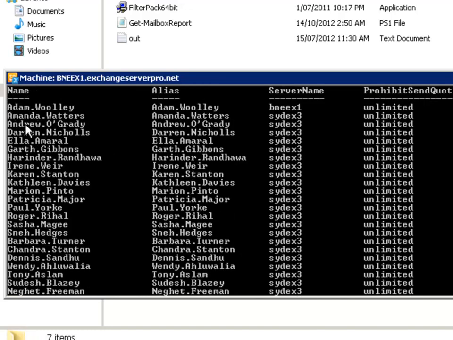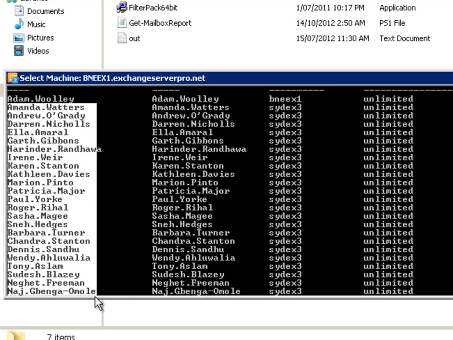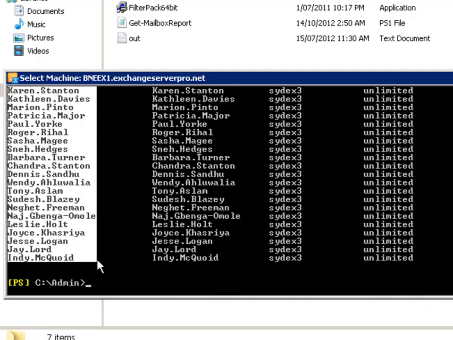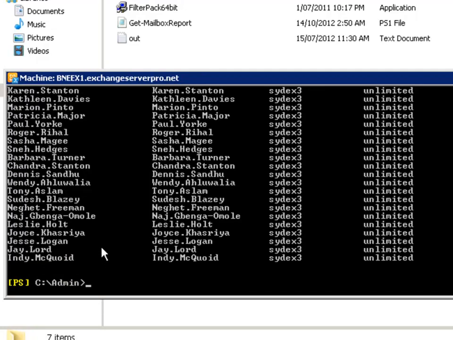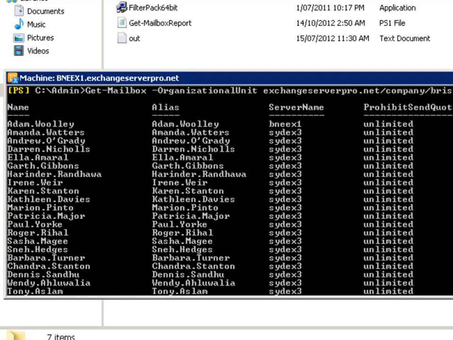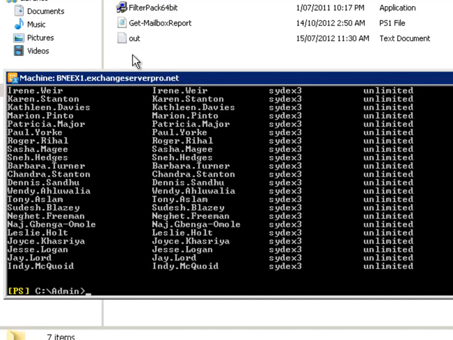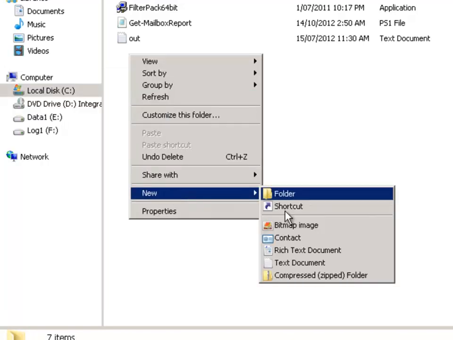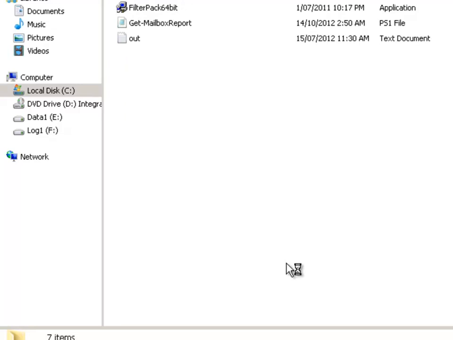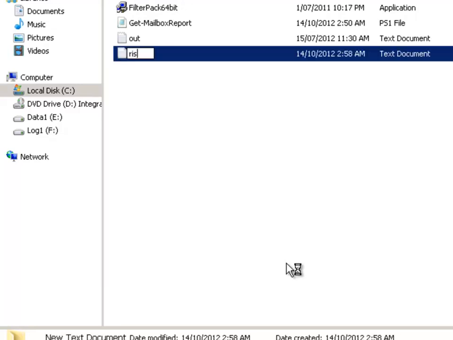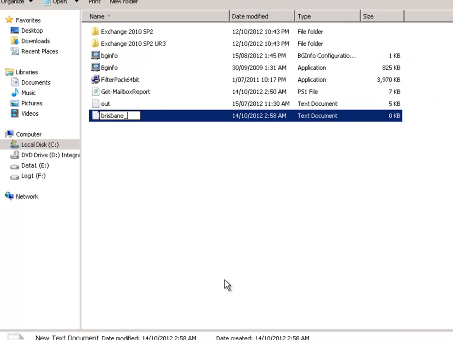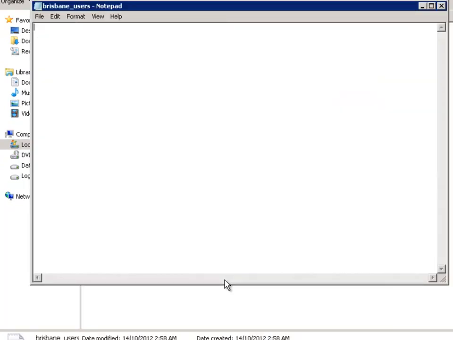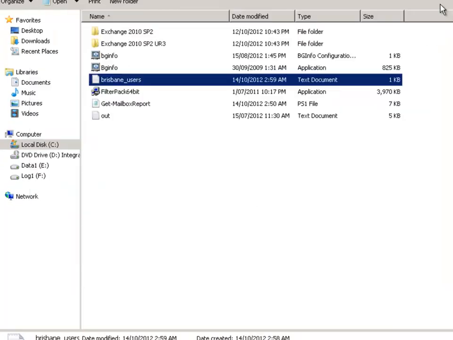So I'm just going to grab these names and I'm just going to simply paste them into a text file, which I'll call Brisbane users. So I just pop them in there,